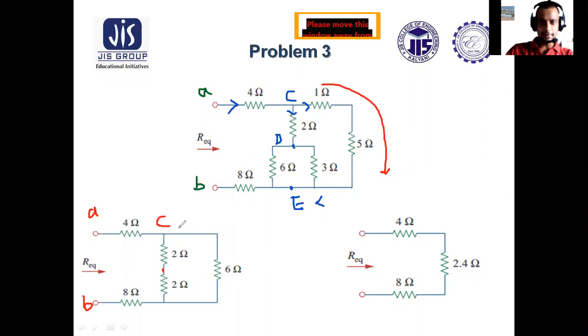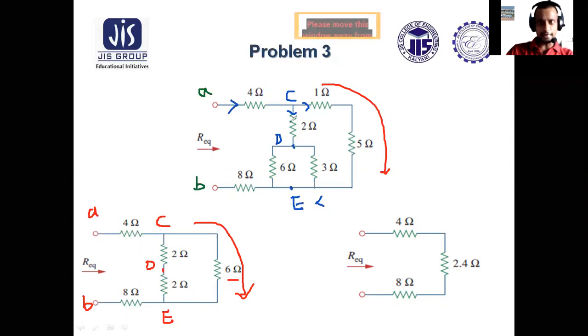In between C and D there is 2 ohm. In between C and E there should be a 6 ohm. 5 and 1 are combined in series. There is only a single path. So 5 and 1 is combined in series, so we have got 6 ohm. And